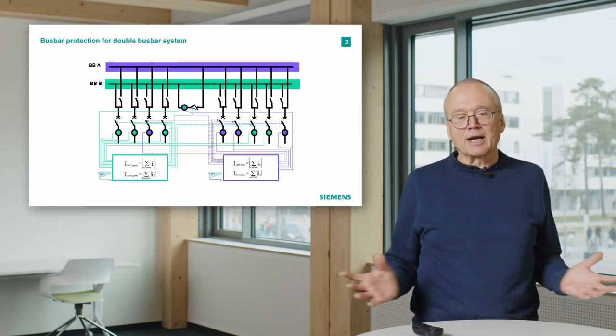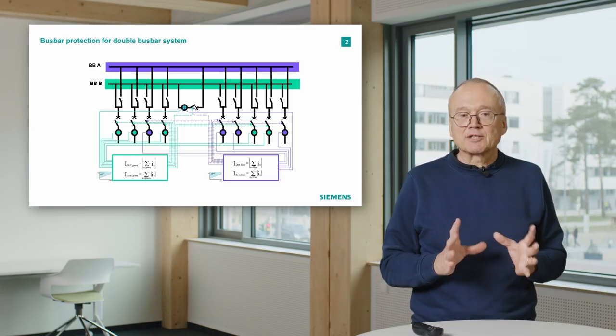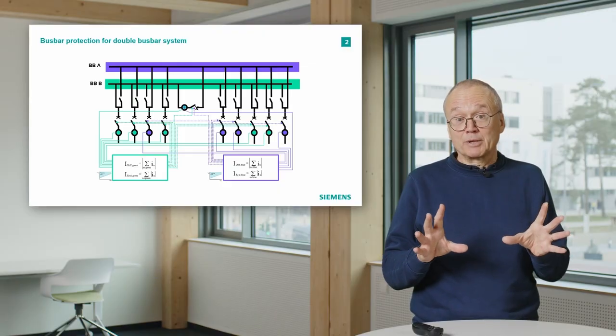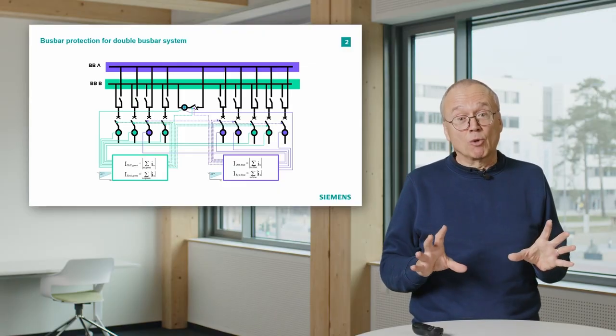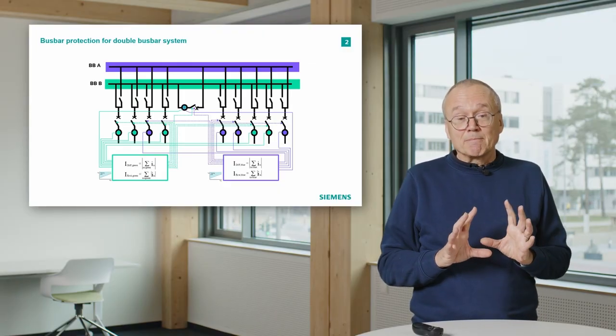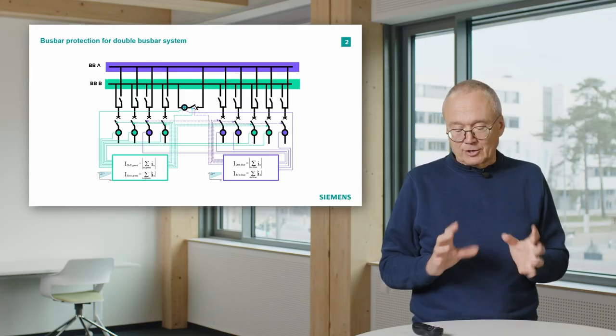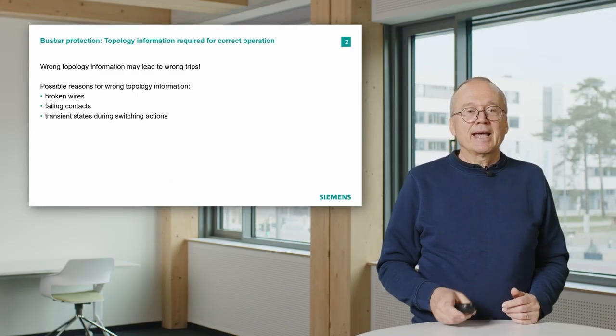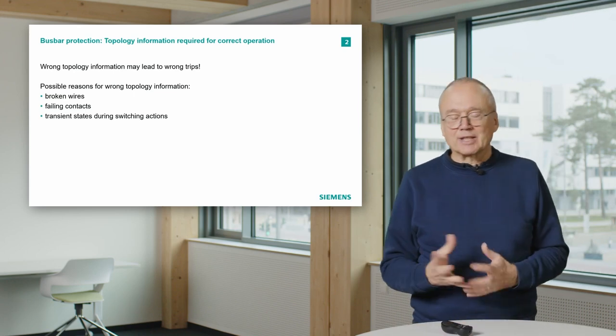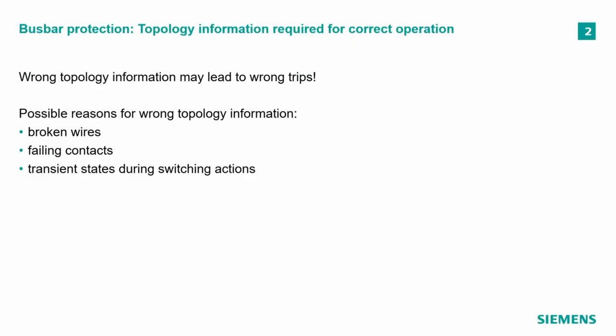It's not really rocket science, but such a busbar can be even more complicated, can even have more feeders. That means you end up in a lot of wiring and contacts and so on, and there is always a risk that something in this topology information is wrong. And now it's important that we avoid that wrong topology information does not lead to wrong